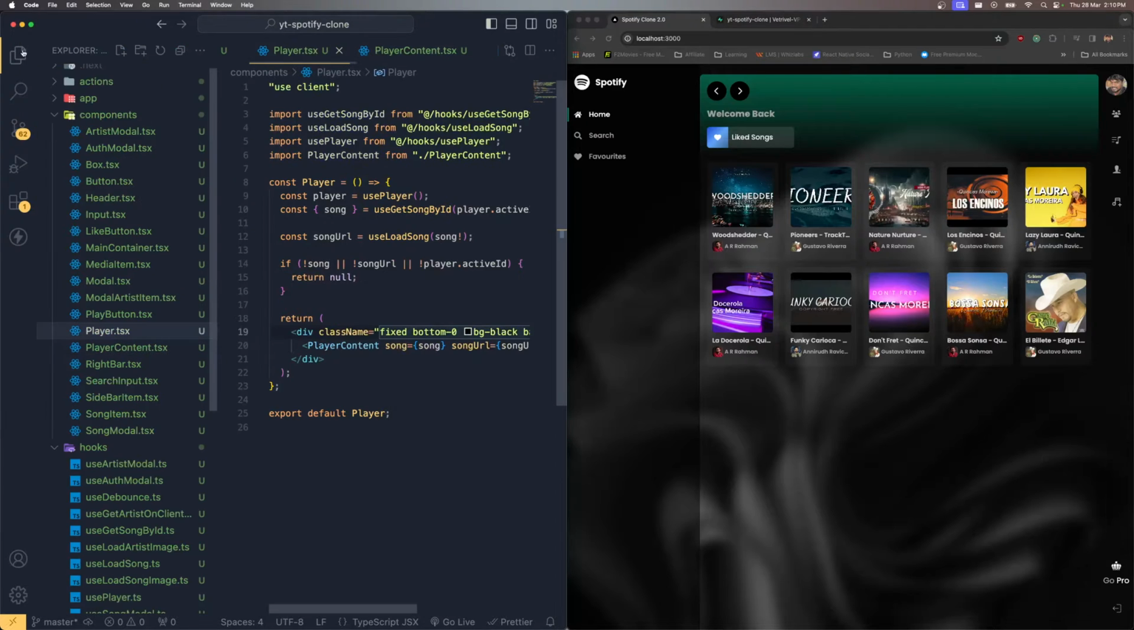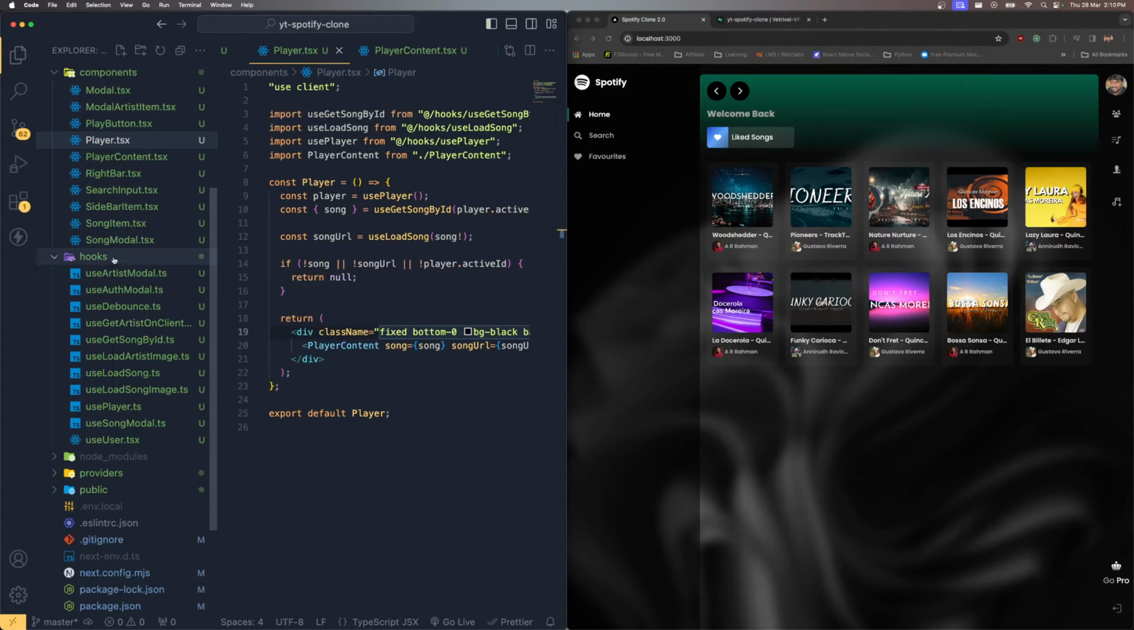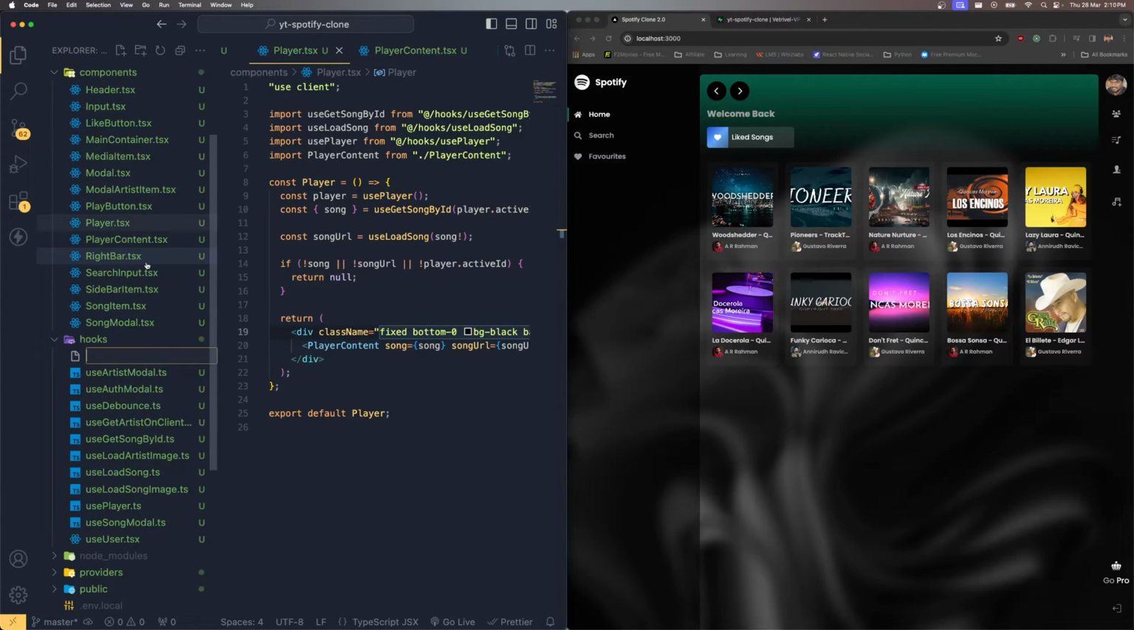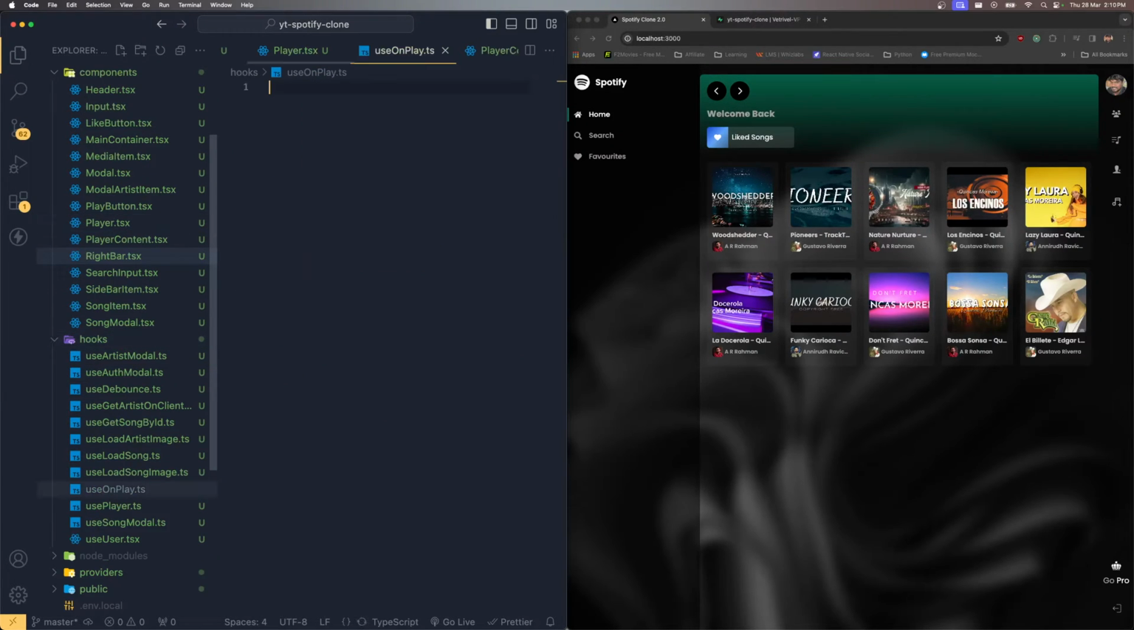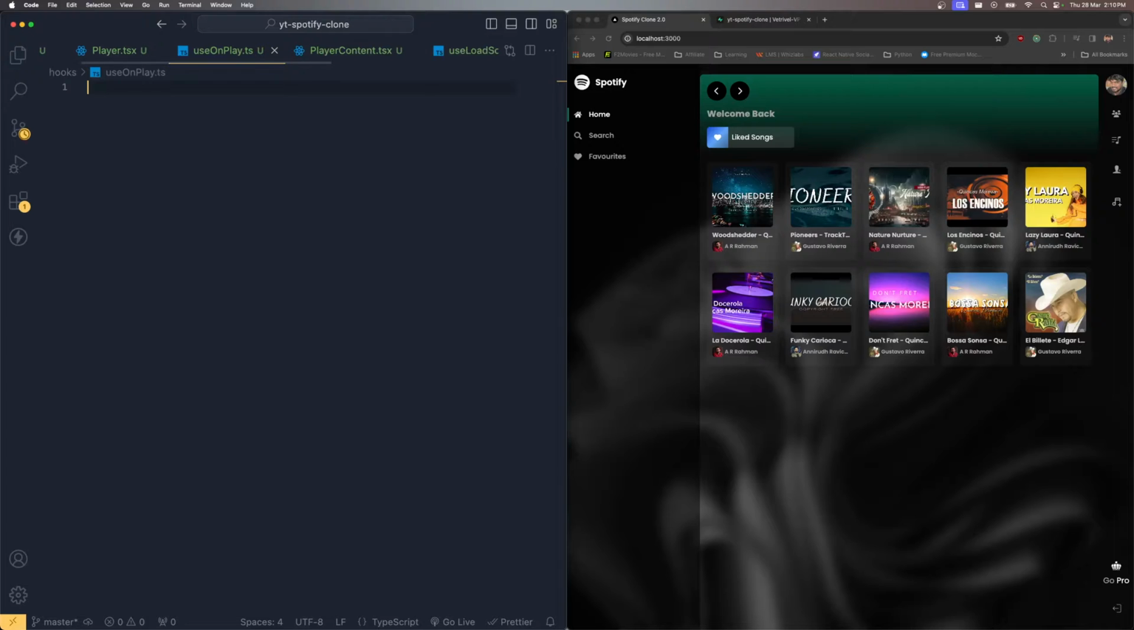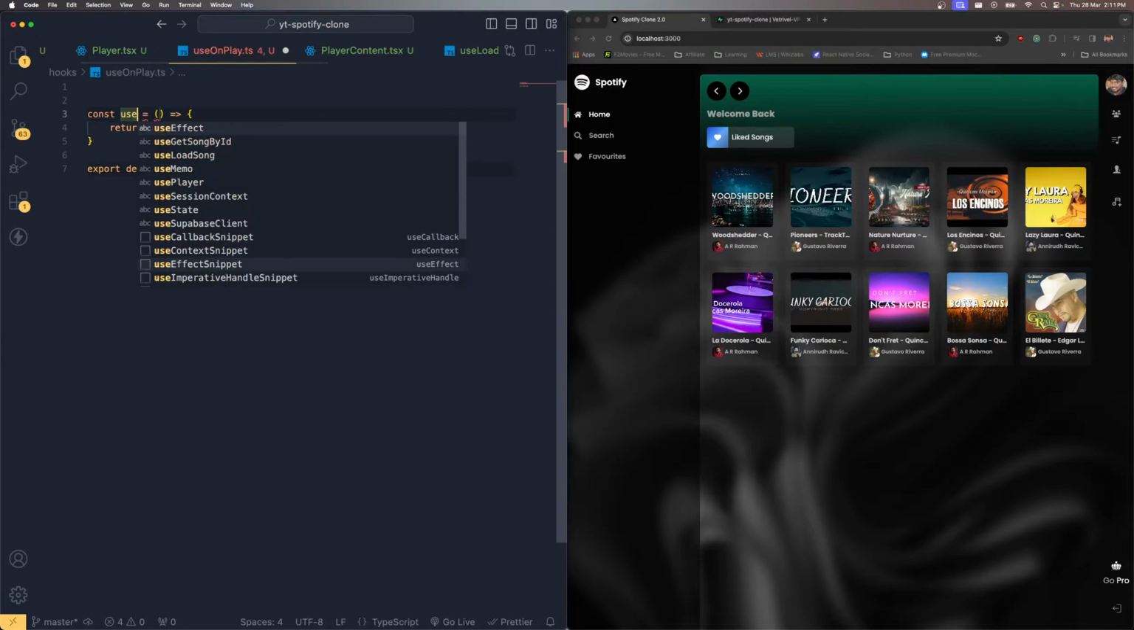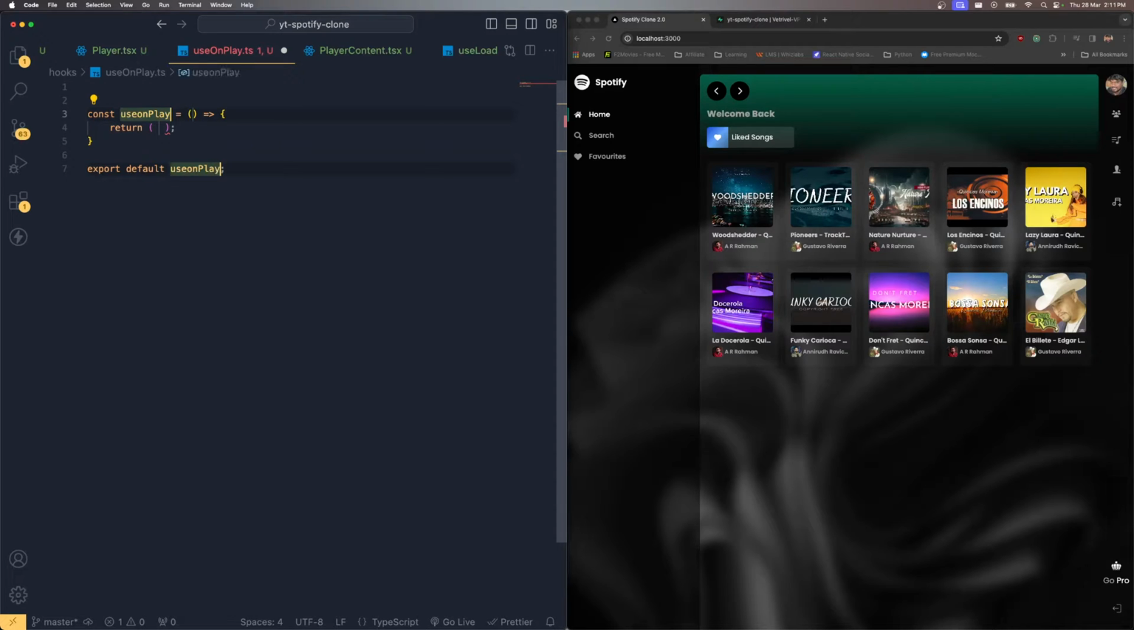So in order to do that, I'm going to create a new hook. It's going to be useOnPlay.ts, right? So this is going to be SFC. I'm just going to say useOnPlay. Make sure this has the capital. All right, so then what I need to do is, and this is going to be empty so far,